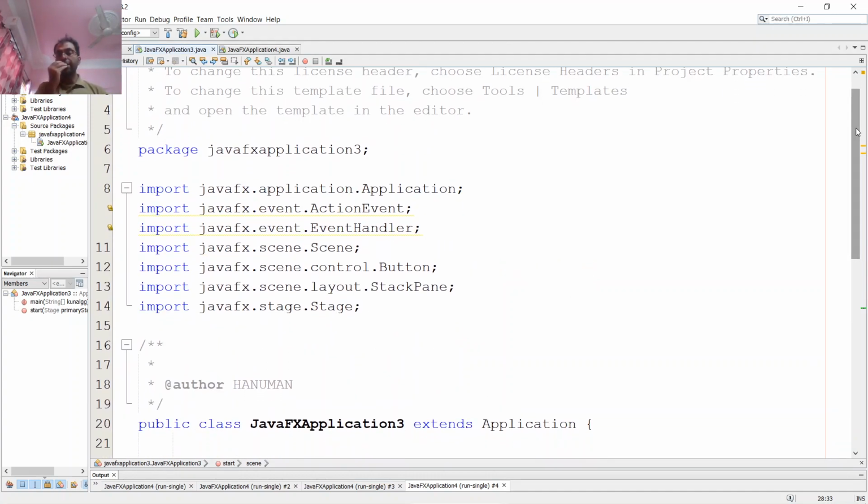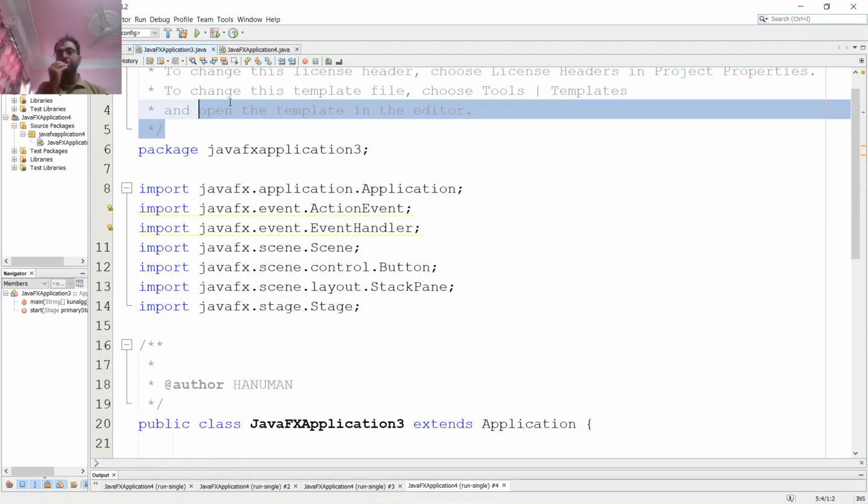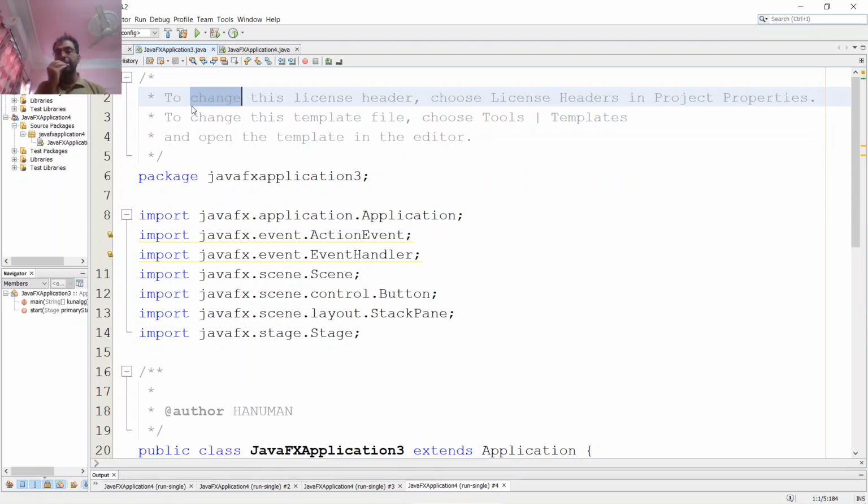So import JavaFX dot application. This is a comment which I don't need at present. This is a multi-line comment in Java. I can modify the contents of the comment. I can write something blah blah blah in this comment, because anyway it's a comment only, so it will not be counted. After that,